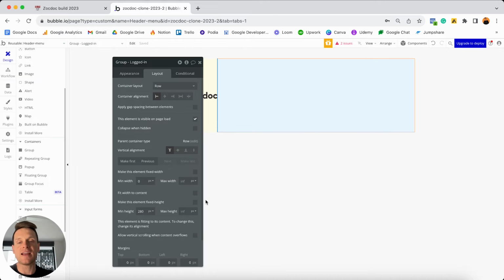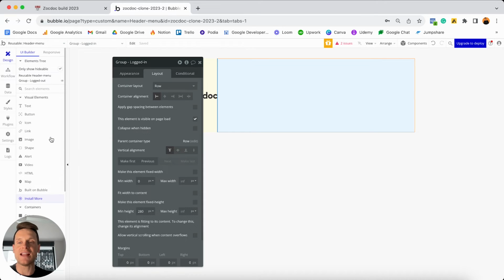Now I will come back later on and update the width to fit the size of the content inside of it. But right now there is no content inside of it. So if we were to select that, it would just collapse to 0. So what we now need to do is build out all of the elements I'd like to display inside of this group. And when it comes to this group, I'm actually going to build this from the right side to the left. So the very first element I'd like to add in if someone is logged into their account is